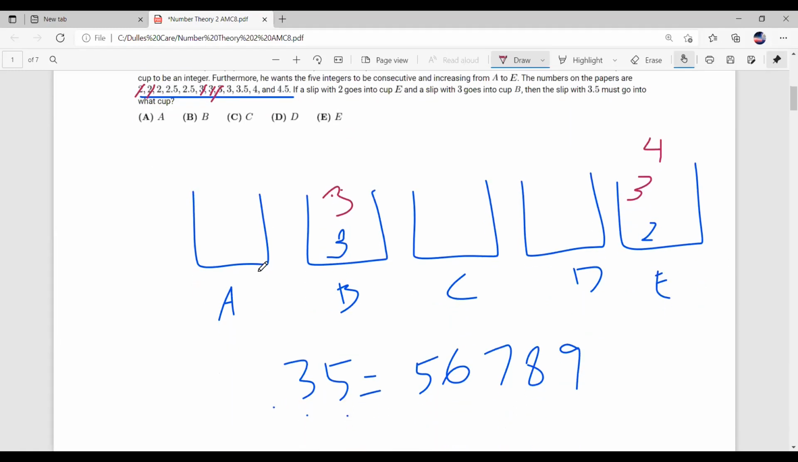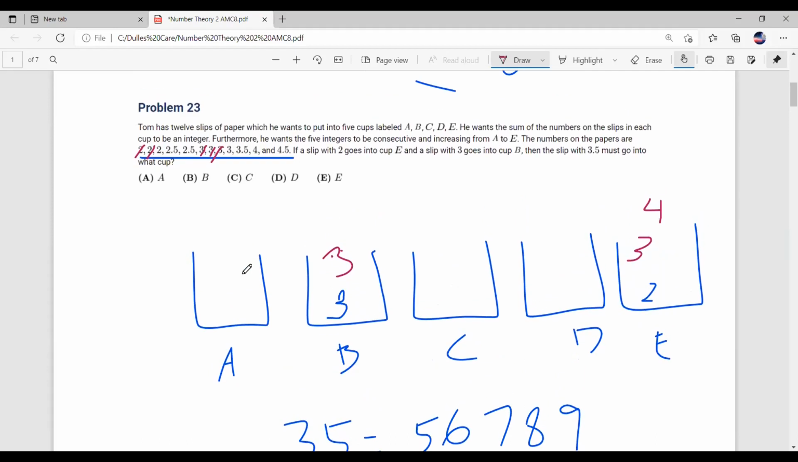Now let's look at cup A. So we know that cup A must be either 2.5 and 2.5 or 2 and 3. Let's look at cup C. We know that cup C must be 3 and 4, or 2.5 and 4.5. Oh, and we should also cross